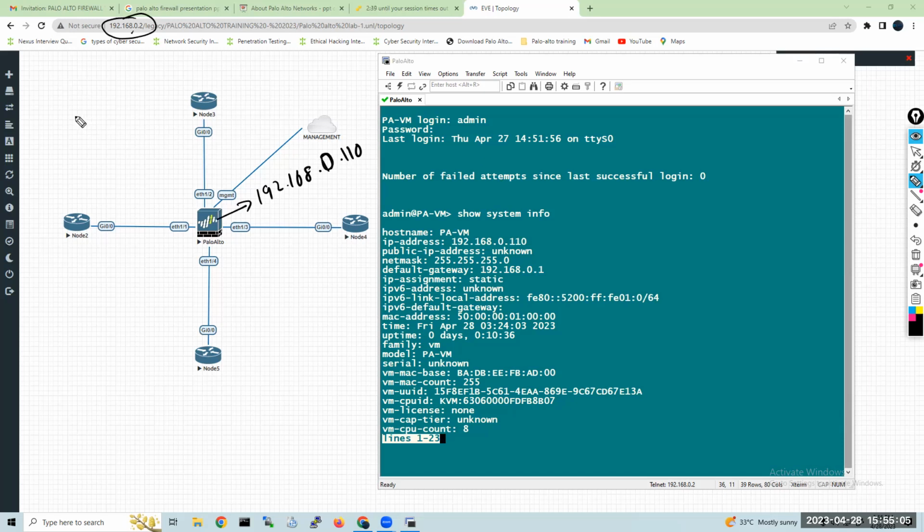See, at my home I'm running a 192.168.0.0 network. So my gateway is 0.1. You can see the gateway has been taken. I have assigned it statically. Got it? Yes.